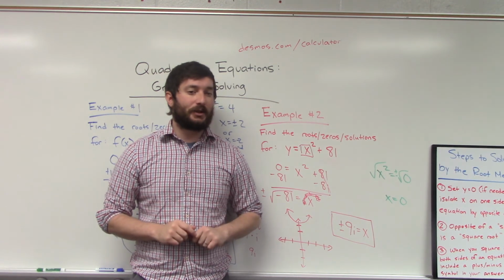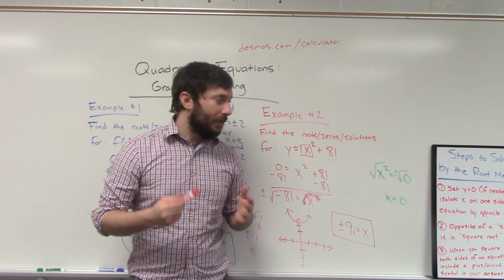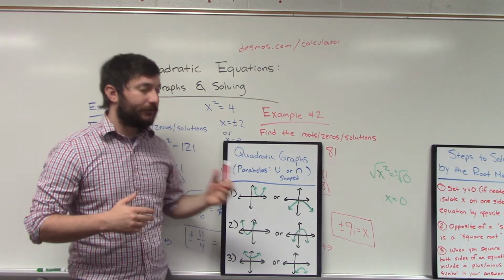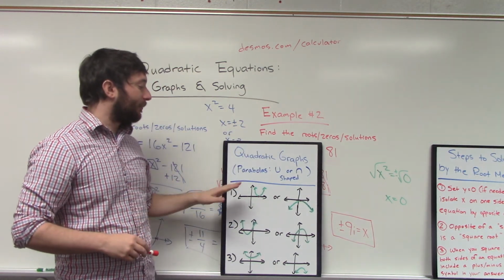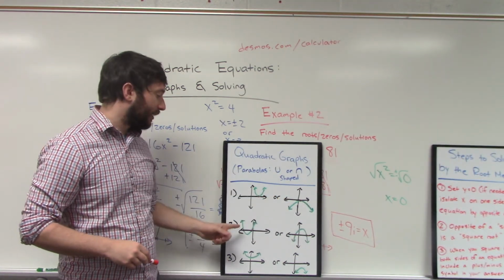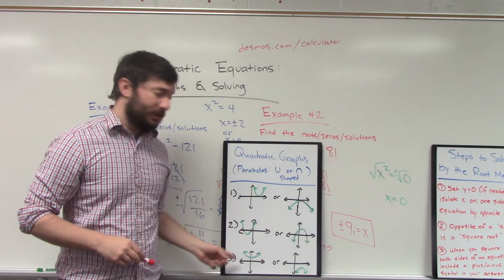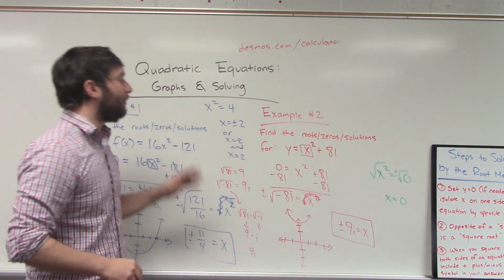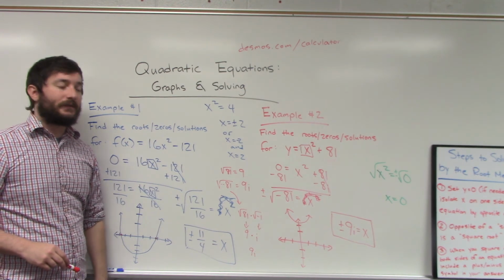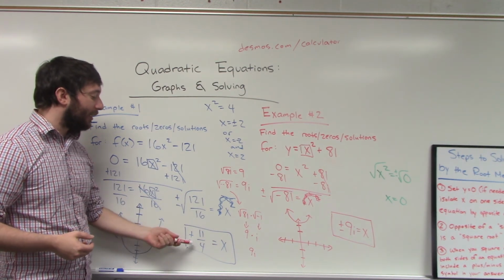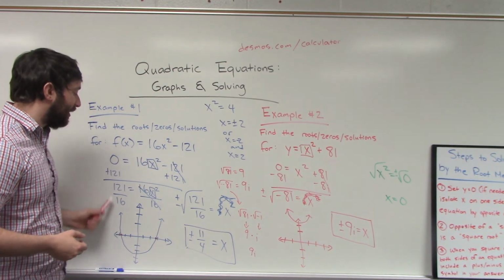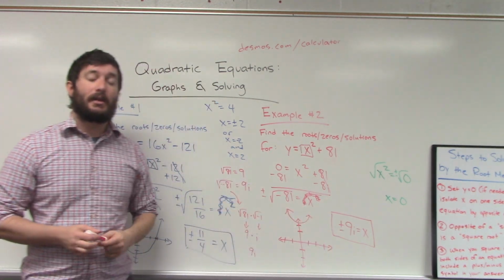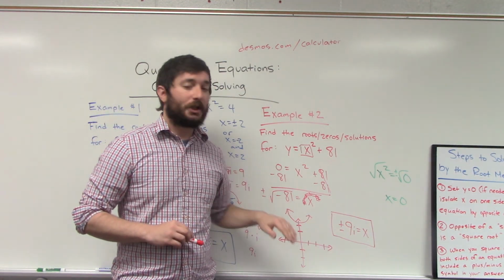So that's a brief intro to the new unit on quadratics. Main points here. Okay. Remember, quadratics always deals with parabolas. There's different types of parabolas. Whether they touch the x-axis or not are important. If they touch the x-axis once, one real solution. Twice, two real solutions. No times, two complex solutions. There's no such thing as one complex solution. And then just be able to use opposite operations to isolate x on one side of your equation, solve, and then compare. Does the answer that you get make sense when you compare it to the graph of the original problem? They should. The answer should make sense. The same number and type of solutions that you get here should match the graph. So hopefully that